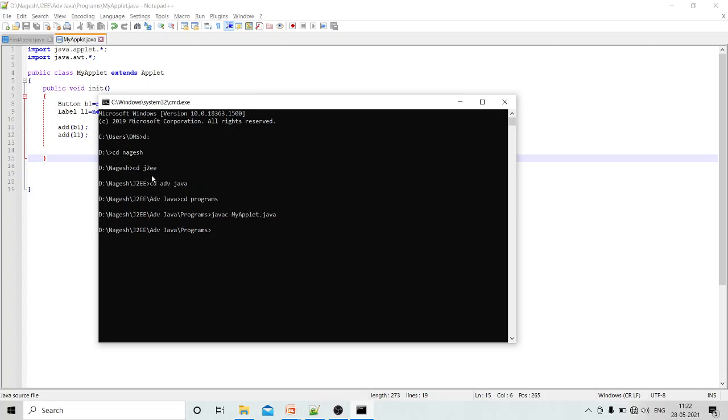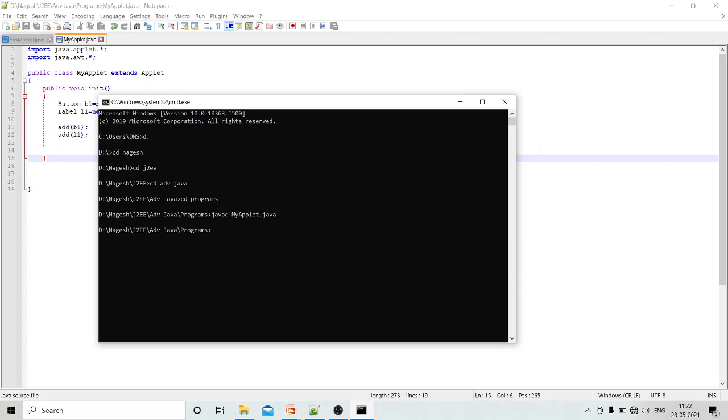Now how can we execute the program? Applet programs do not have a main method, so we cannot execute an applet program directly by using java followed by the file name. To execute an applet program, we have to always use an HTML file. So we have to embed our applet program inside HTML.